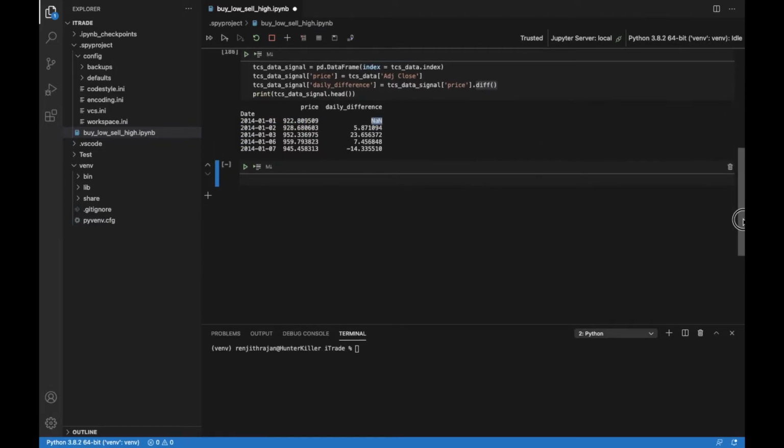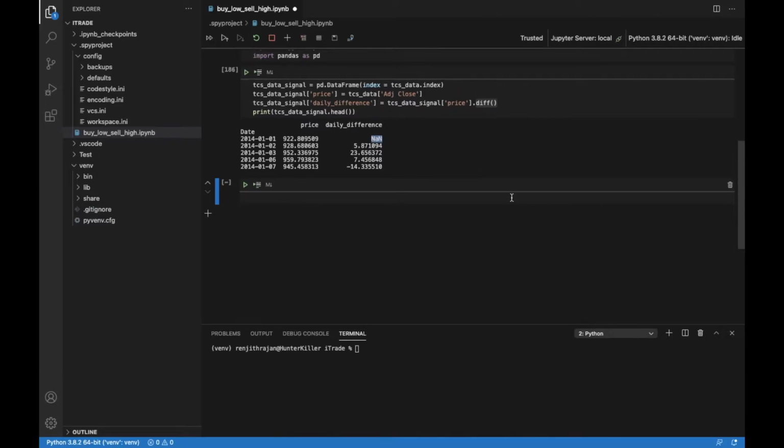Now we will create a signal based on the daily difference. So as we said, if the value is positive like this one, then we will give the value as 1, otherwise it will remain as 0. So the syntax for that will be TCS signal, let's say signal equal to